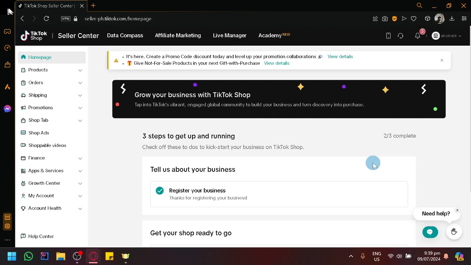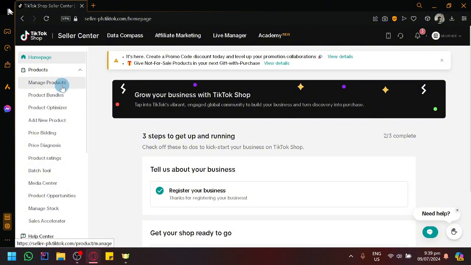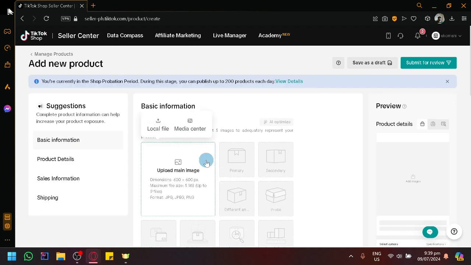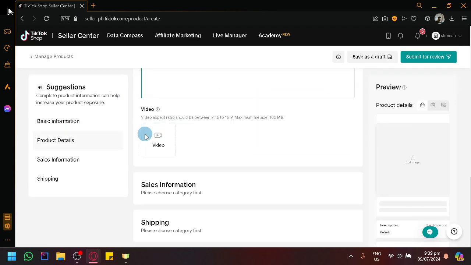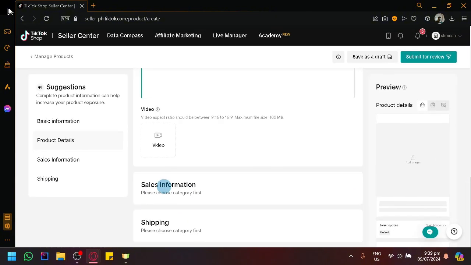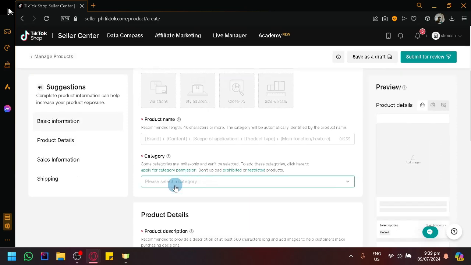In today's video, we will be showing you how you will be able to add the price on the products that you are trying to add. Now if you're searching how to add price, you might be experiencing the issue where when you're trying to add a product, you won't be able to view the different information over here under sales category where you would usually input the price. Now to be able to solve this, all you need to do is to select the category